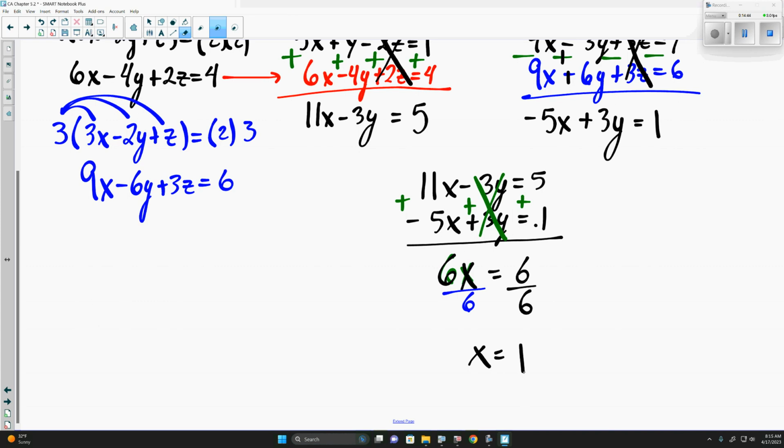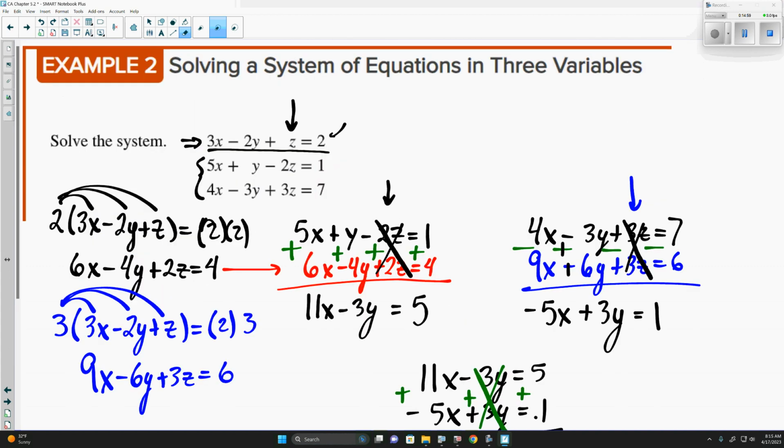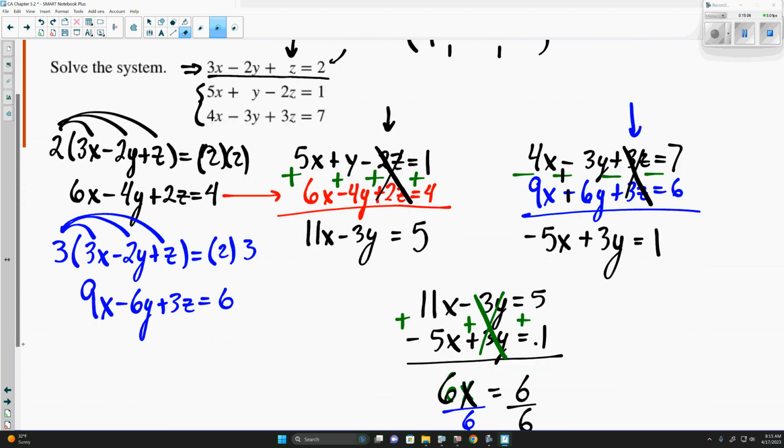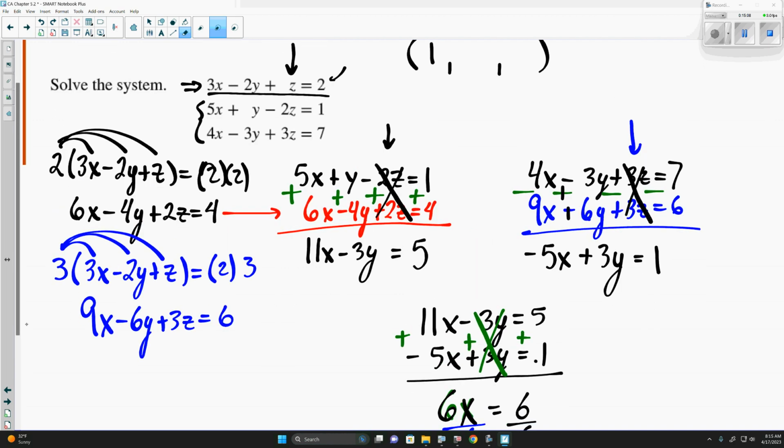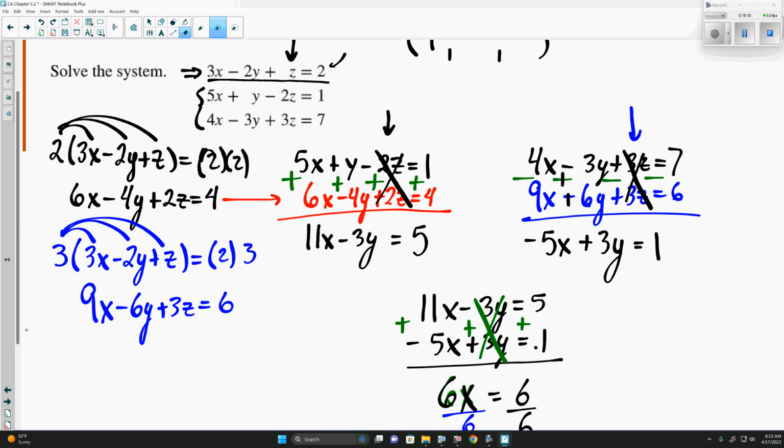Now, when we covered this in Algebra 2, I said at this point we would work our way back up. It would be the next step. And all that means is, okay, now we just need to find the other values, because we found x, the value of x, is 1. Now we need y and z. Well, we could go through this entire process and work it out so that y is the last one remaining,